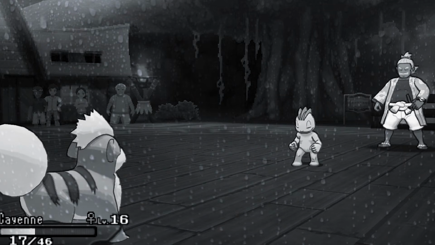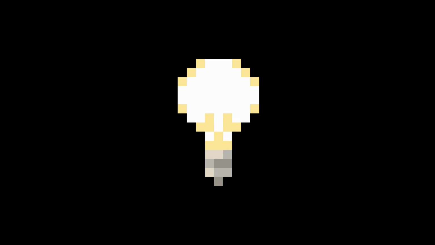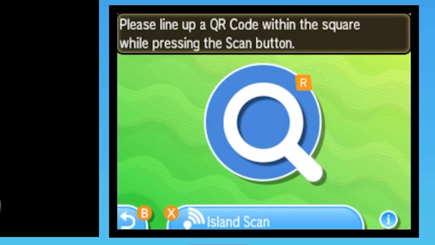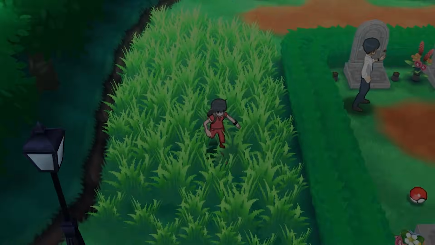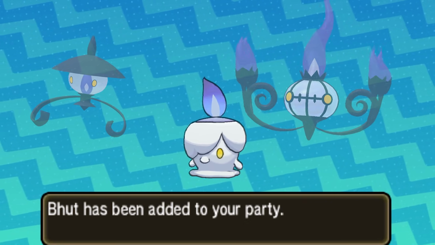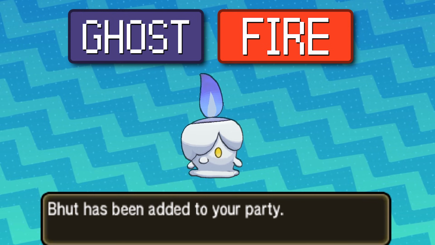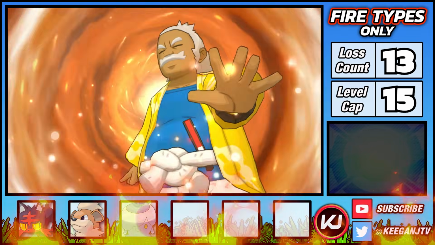At this point, we've already gone as far as we can with the Pokemon available to us. Except there is one more Pokemon at our disposal, because by using the island scan feature in the Alola games and heading to the Howley Cemetery, this gives us the possibility to recruit ourselves Litwick, a hauntingly powerful fire-type Pokemon for the future. For now though, we can only really wax lyrical about its evolutions, but its secondary ghost typing gives us a massive lifeline in this run,